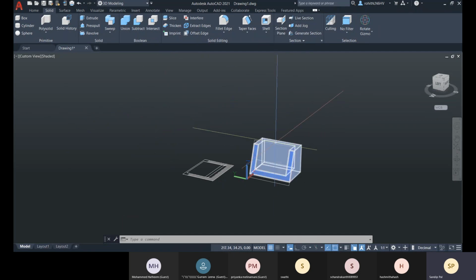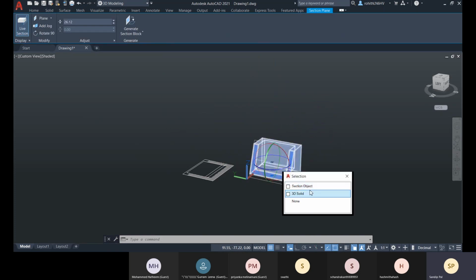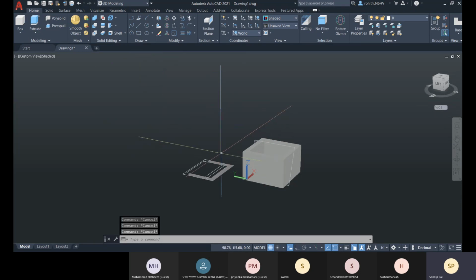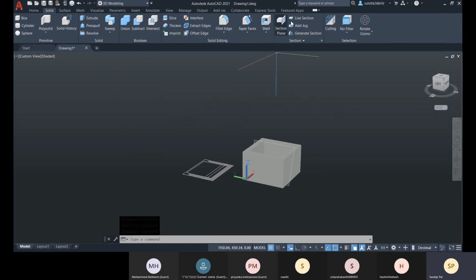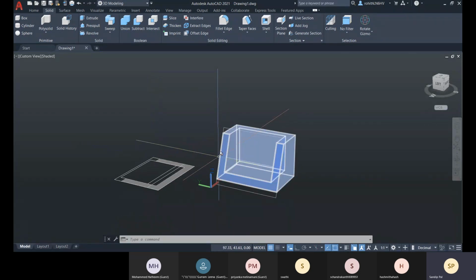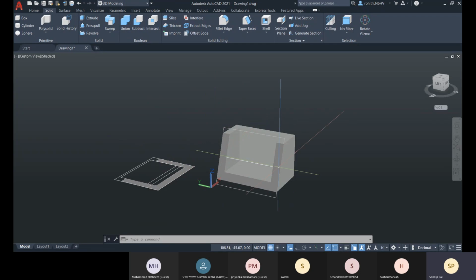So the live section is like you don't on this one here, come back here, delete, deselect it. If you come to solid again, you can go for live section, and then you can select this section plane there. Yeah, see this plane line is highlighted, selected, and it will be done again. Now this is placed in one direction only. Suppose you want to place this along this y-axis and x-axis both together.